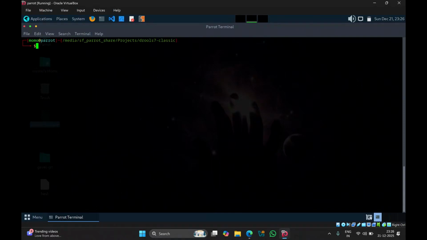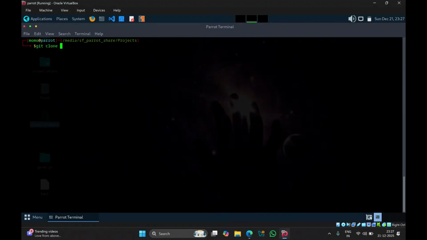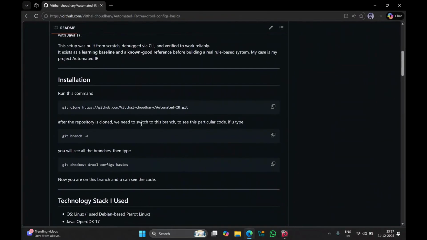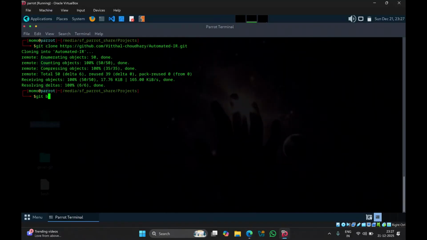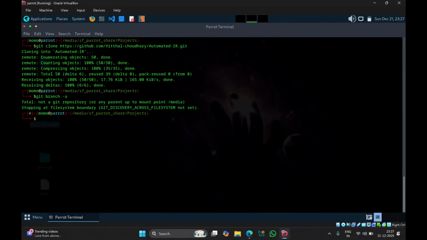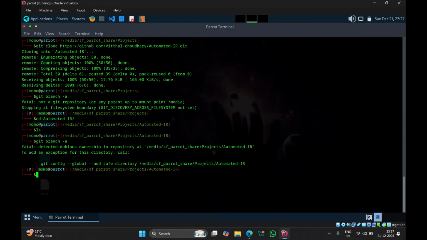So what I'll do is clone that particular repository over here. I've given the installation steps there also. You just have to clone this, and then first go into that directory. If you do ls right now inside this directory, automated IR, you won't see anything. If I do git branch -a here,